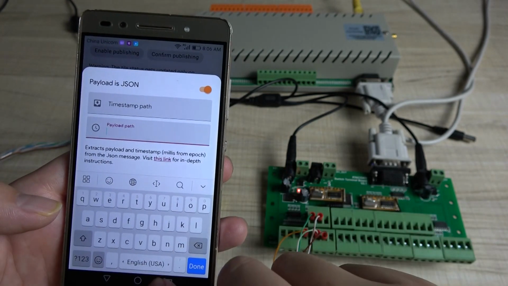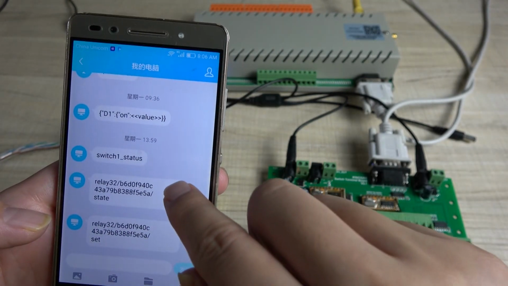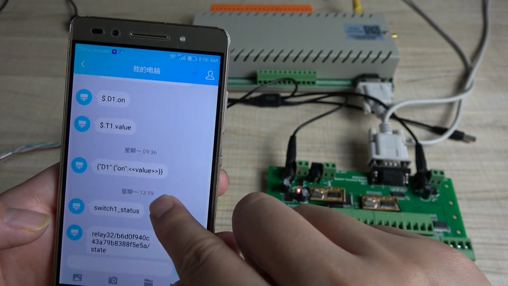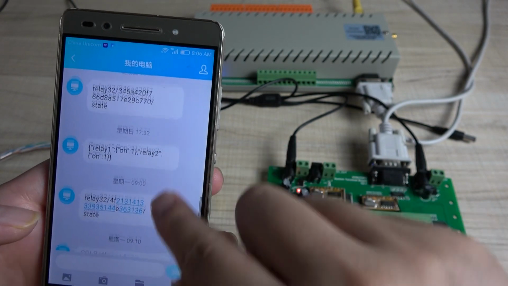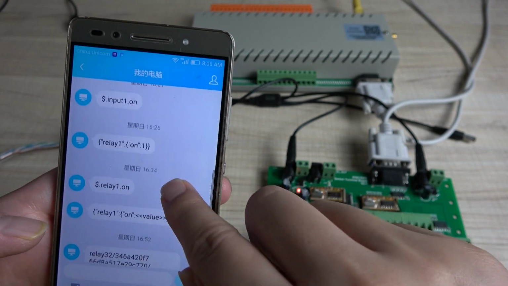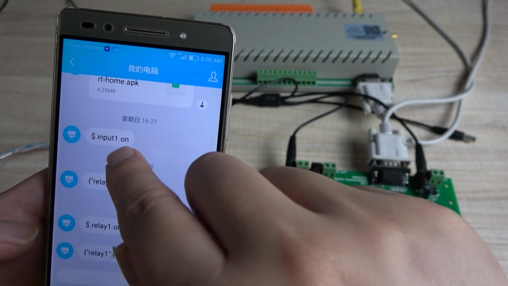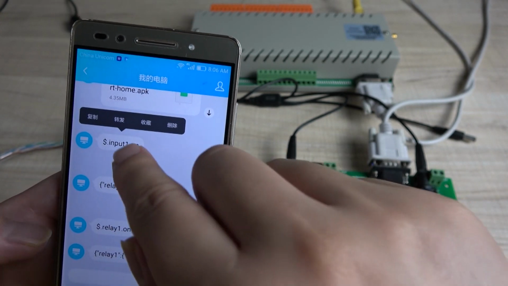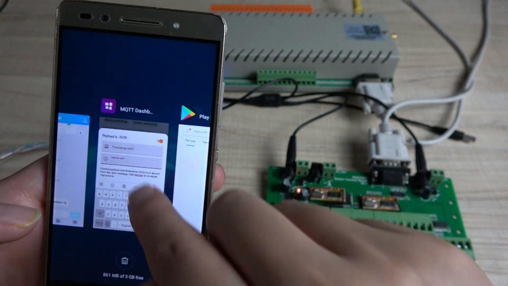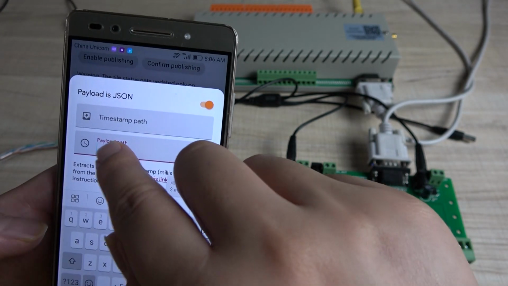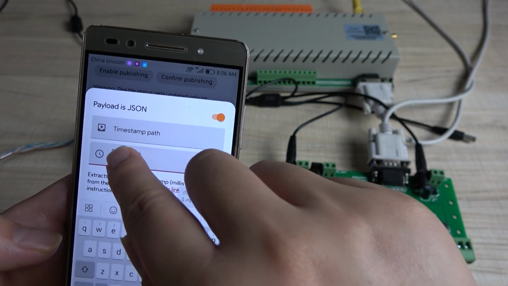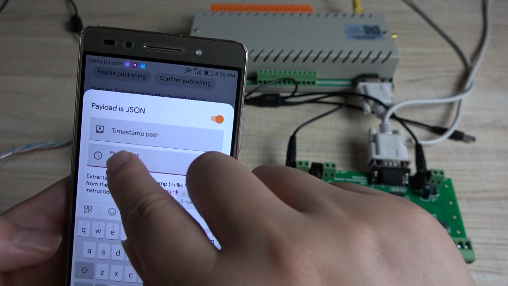And payload, copy this. This time is input, so I can use this. You need to input the words by yourself. I just want to save the time, so I just copy and paste, copy and paste,